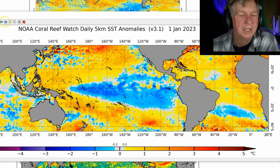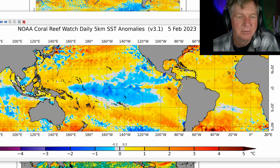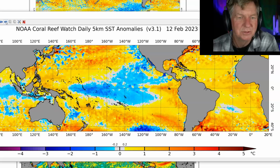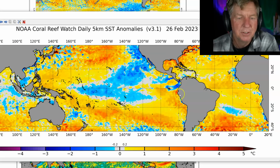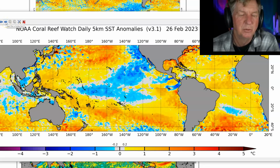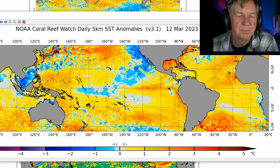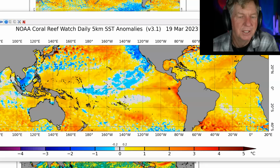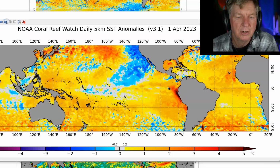We're just going to go week by week as we get through January, the 22nd, the 29th. Here we go, February. First Kelvin wave starts hitting. Temperatures start warming as we get into the 12th of February. The 19th of February, a little bit of a cool blast through the straits there. That's kind of a seasonal weather thing that happens, pretty much immaterial. As we get into March, temperatures moderate a little bit, and then as we get to March 19th, really warm waters start showing up, building along